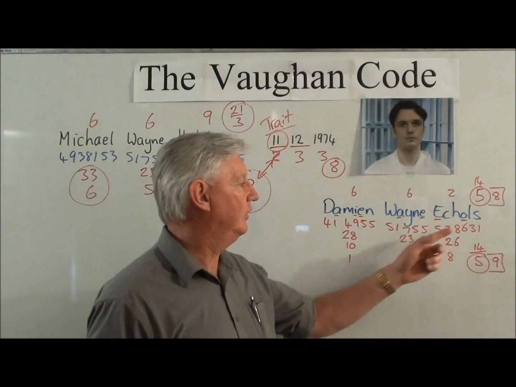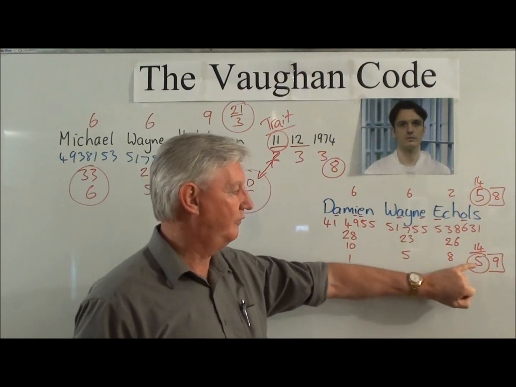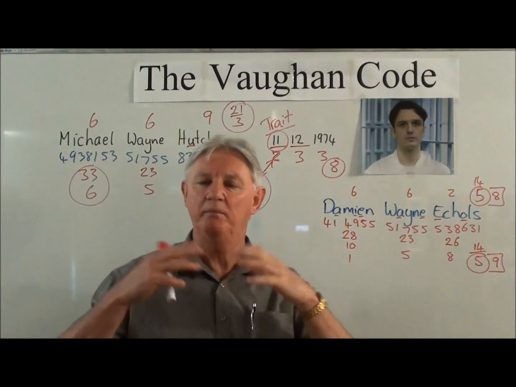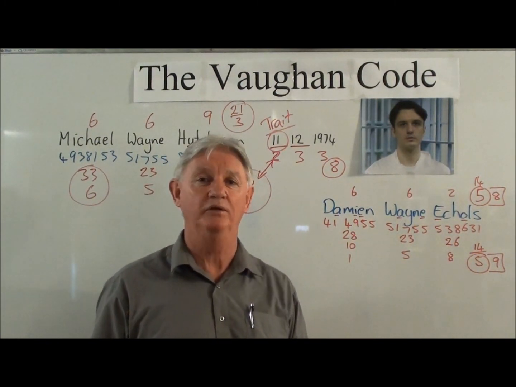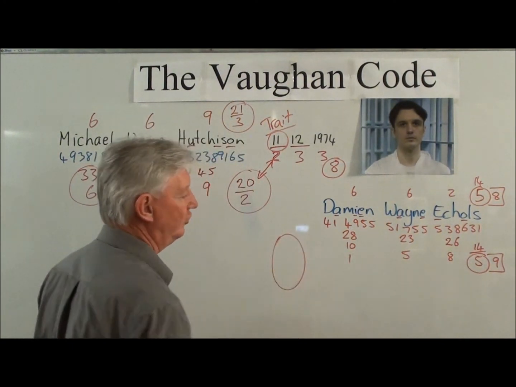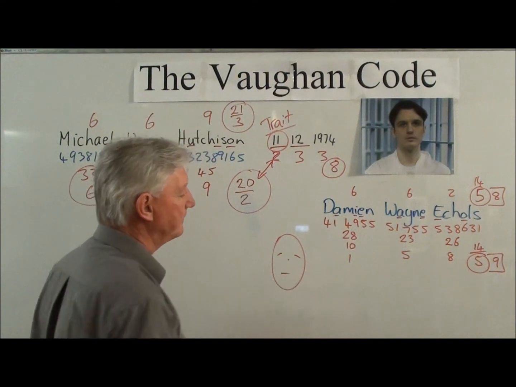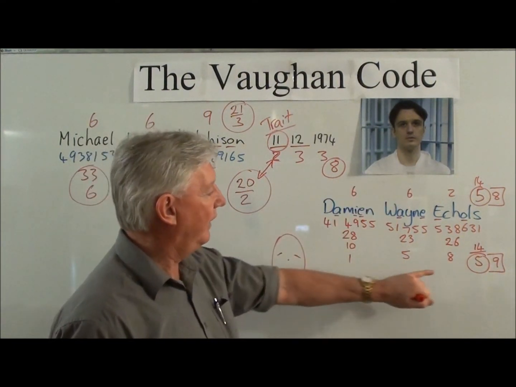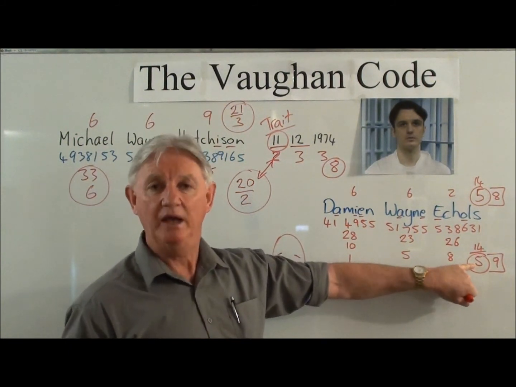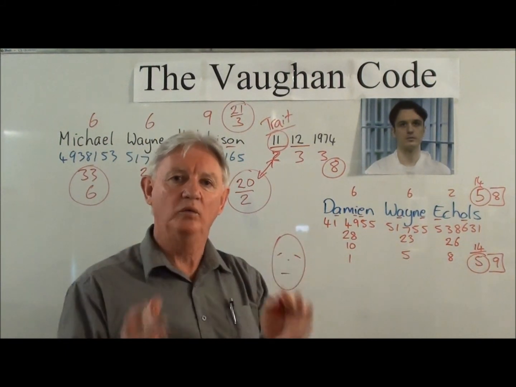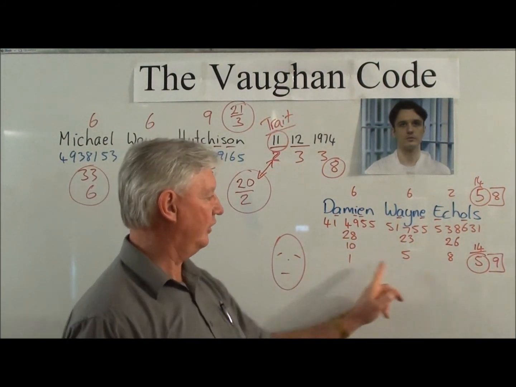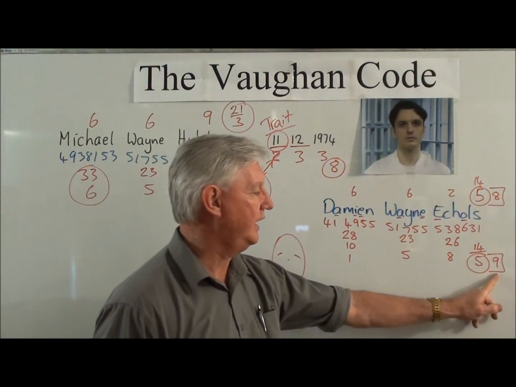The Wayne and the Echols here gives us a total of 5, reducing down and just adding across. Now this 5 represents a person. He's a good people person. He enjoys the company of other people, which relates back to his oval face shape that I had before, which is what he's got up here. This is the number most commonly associated with people in sales, teachers, those who have to work with other people. Now, if I just take Damien Echols, the outside 2 numbers, 1 plus 8 equals 9 here,